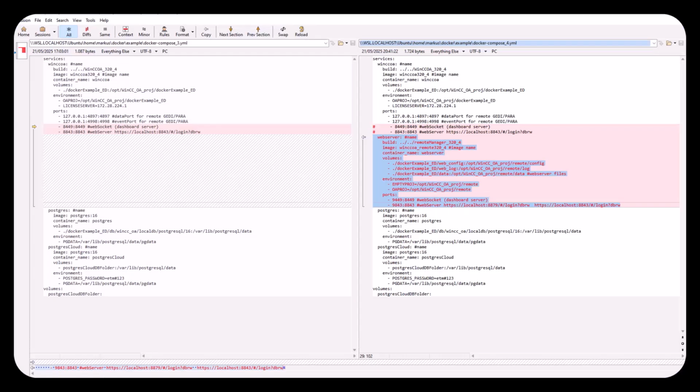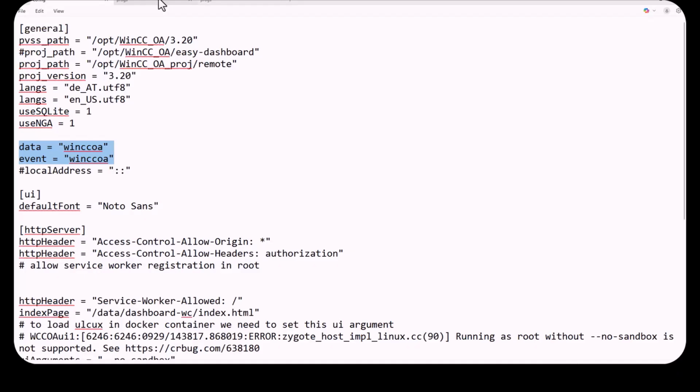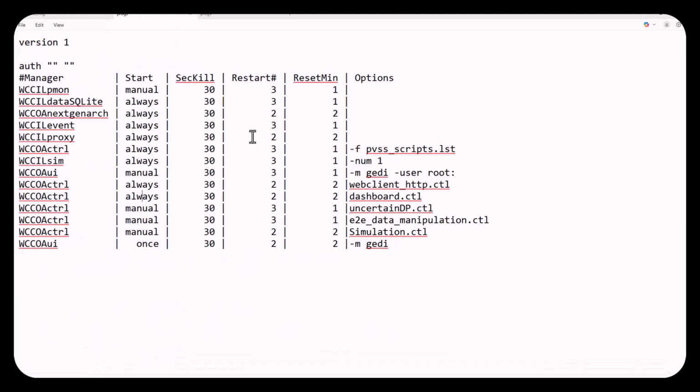In the Docker Compose YAML file, we add the service web server, mounting its own config and log folder and the data folder via volume. And we map the WebSocket server ports from the 8000s to the 9000s to clearly separate them from the other web server. In the web server config file, the data and event host needs to be defined. In addition, the progs files need to be updated, stopping and setting the dashboard script on the main server to manual start,